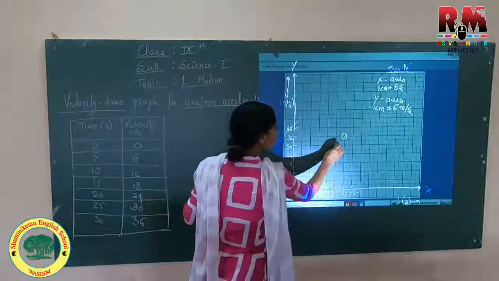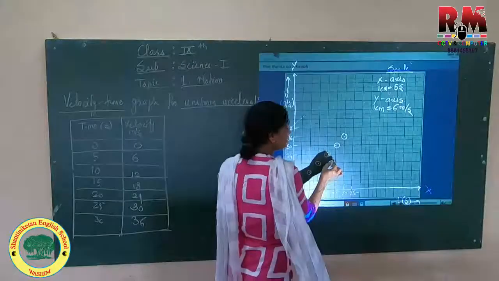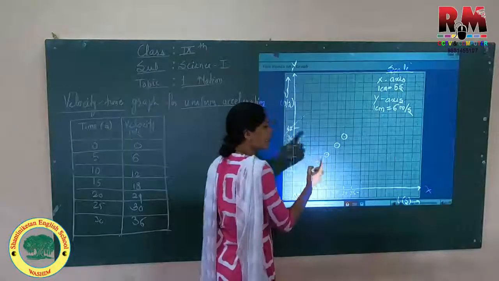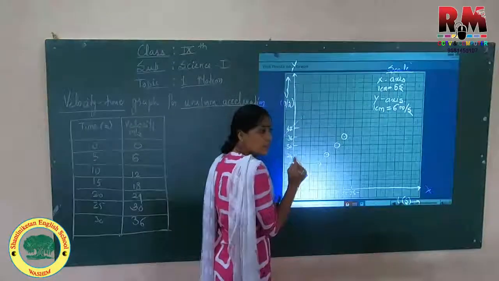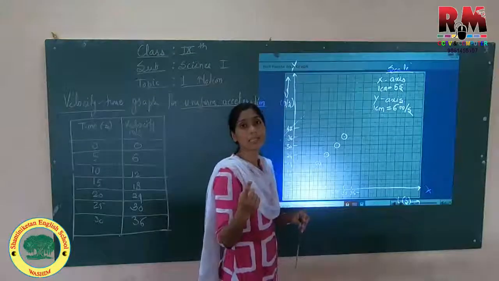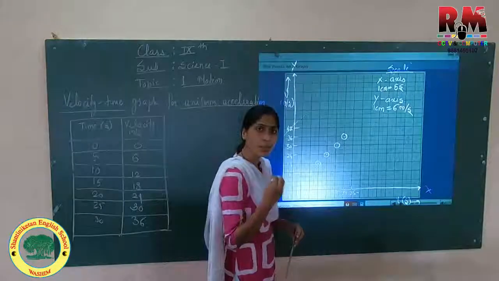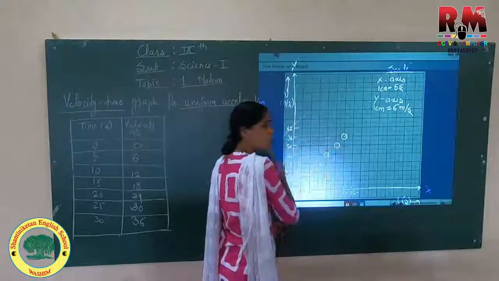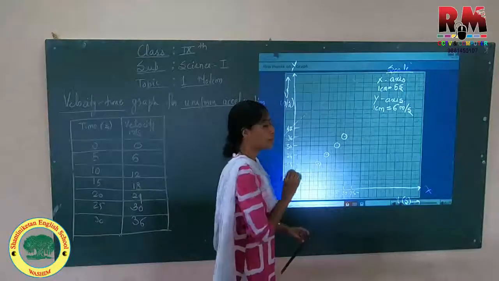Don't let the tip of your pencil go onto any other point. If you are crossing this dark line, that means it is not actually 25 seconds, it will come to 26 seconds, and 1 second or 1 meter per second or 1 meter is very important here. So please don't do that, otherwise your graph will come out wrong. So these are the precautions while drawing and plotting the graph.